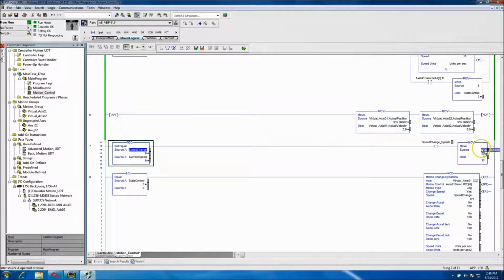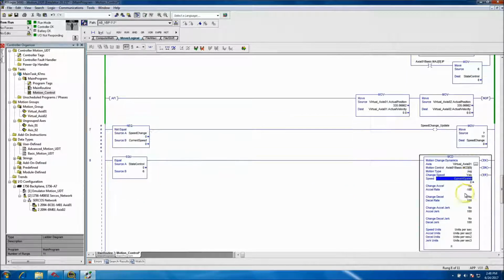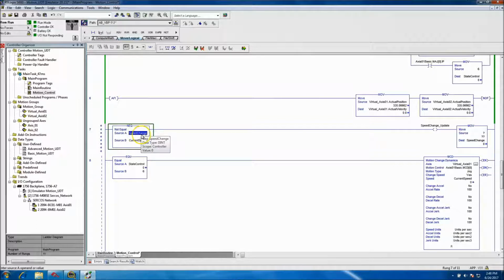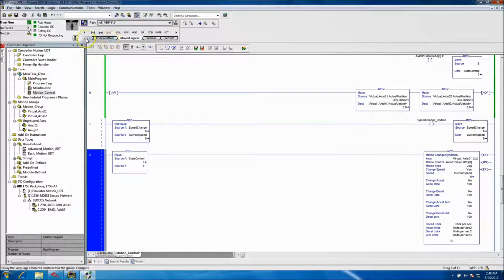The speed change. So what we should do, actually, is put current speed down here, and then we should put speed. That way we have the speed we want to change to, and then we'll come in and put the current speed down here, and then we'll put the speed change right here. So what's going to happen at this point is we'll come in and throw in